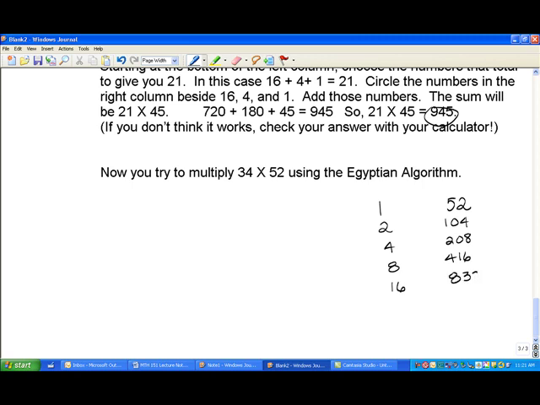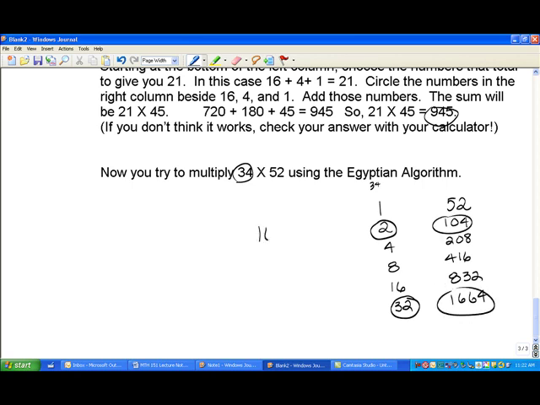Double 16, I get 32, and 1664. So notice if I double again, I'll have 64, which is larger than my 34. That's what I'm trying to get. So again, I want to add up to get 34. So 32 plus 2, that means I need to add these two,